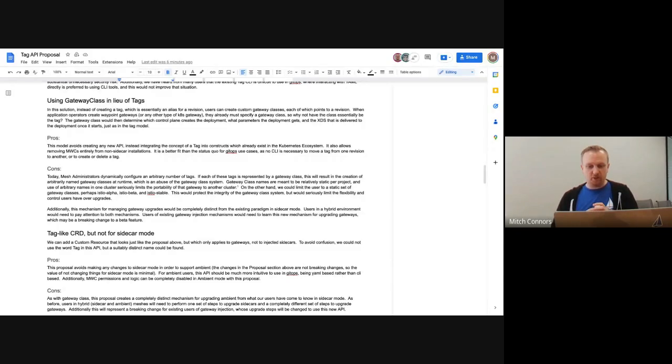We cannot ship a product that is not possible to upgrade. So we've added functionality that allows waypoints to be upgraded today. The way that it works is one SDOD must control all waypoints in the cluster. When you upgrade that SDOD, it automatically upgrades all the waypoints. No tags, no revisions, no possibility for rolling back without rolling back the whole control plane. This proposal would allow us to have a process that is similar to the process we follow today for sidecars.